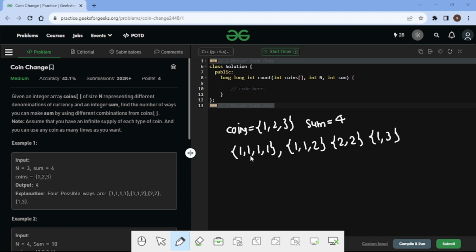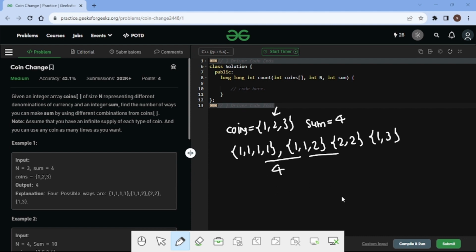There are 4 combinations possible using coins of 1 2 3 which result in the sum 4. So we have to return the count, which is 4.